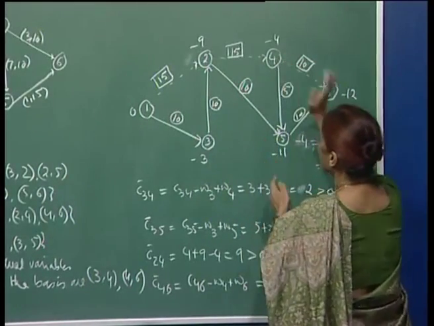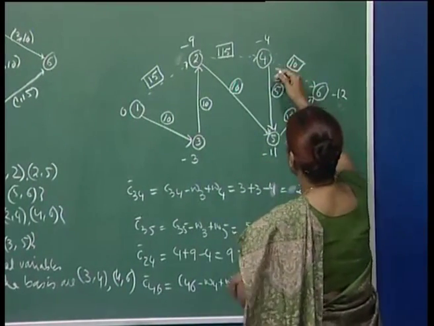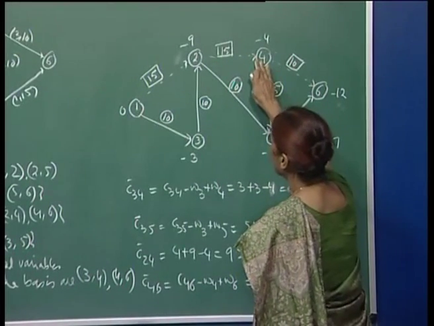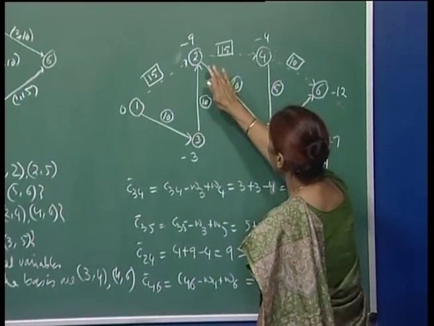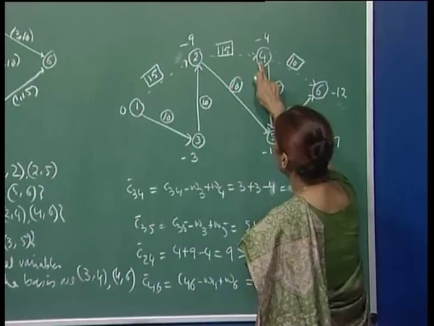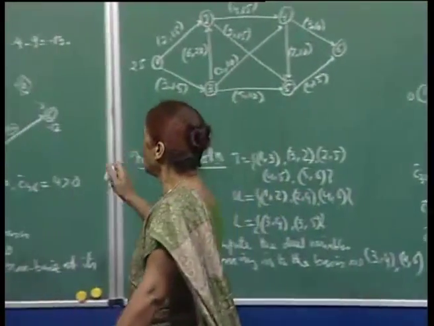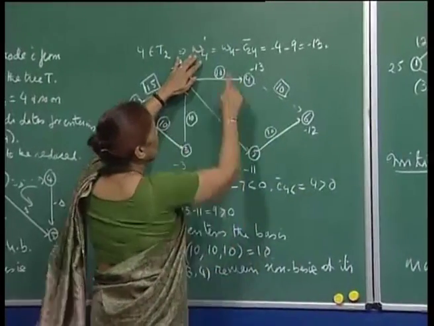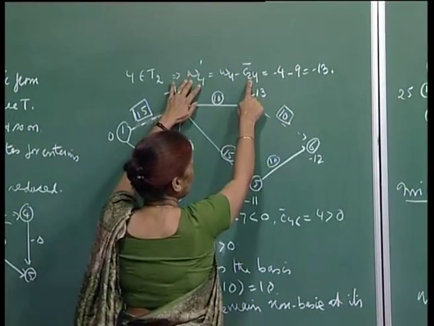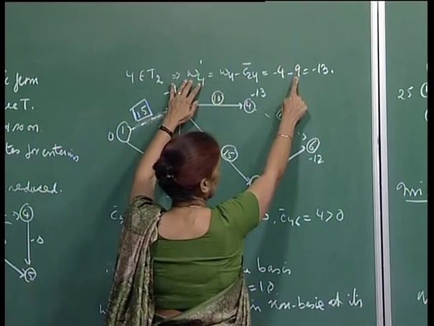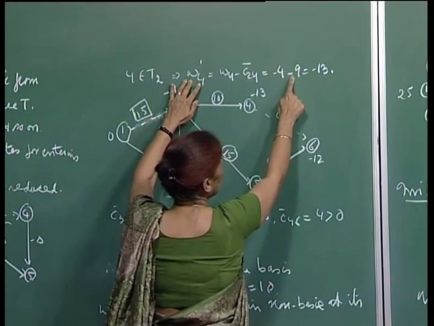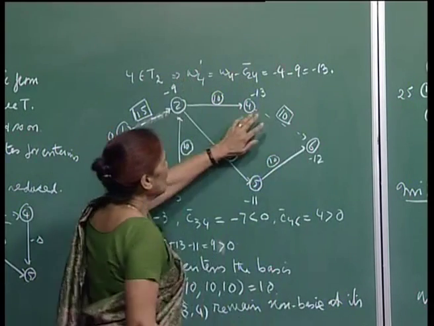So, T 2 simply contains node 4, and since the incoming arc is 2 4, which was non-basic, now we are making it basic. So, the incoming arc is 2 4. That means Q belongs to T 2, and so the corresponding value for W 4 prime will go down by C 2 4 bar, and this C 2 4 bar is 9. So, minus 4 minus 9 is minus 13, and this is your